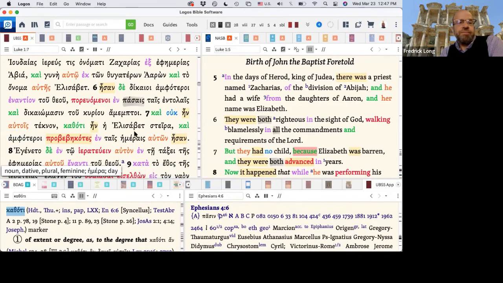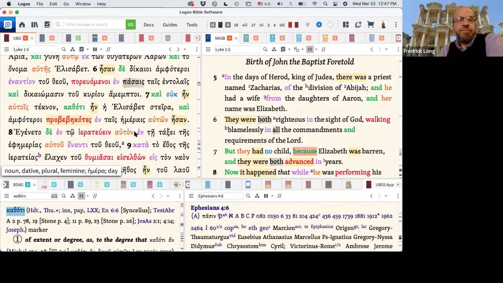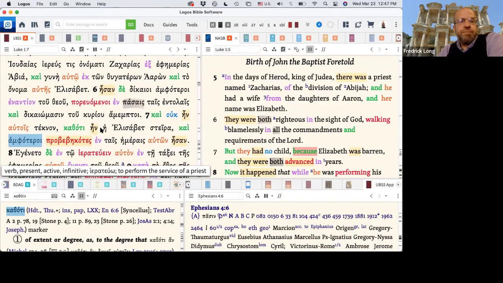Question. Mm-hmm. The repetition in Luke. So it was both righteous. Now both in aged. Verse 6, both righteous before, both advanced. Mm-hmm. Does that have significance that he is repeating that? Is that to be seen together in some way? Or? Yeah, and I think